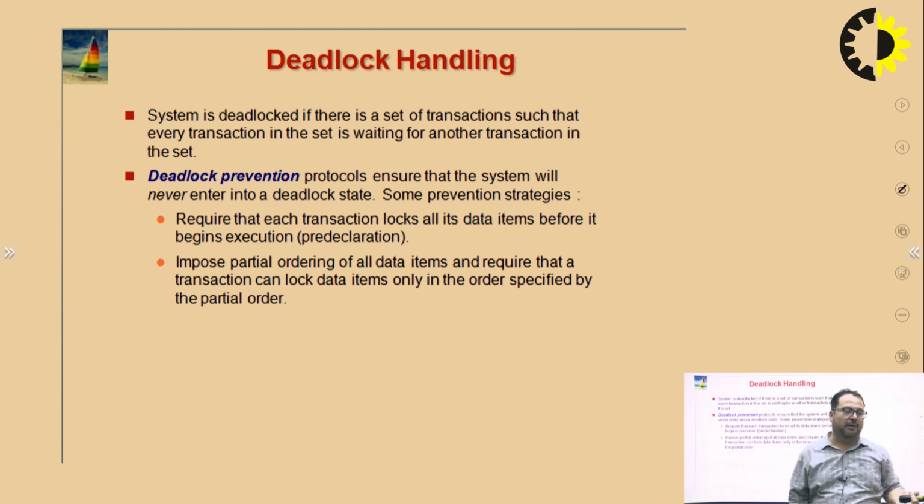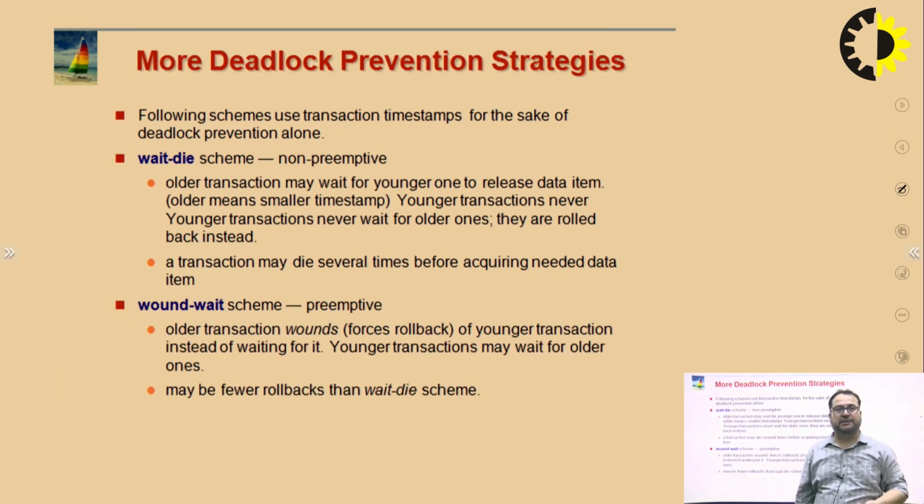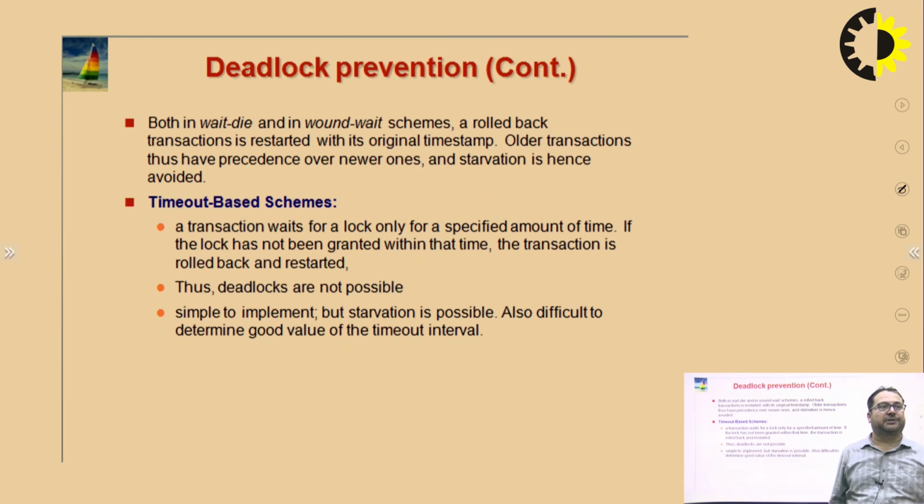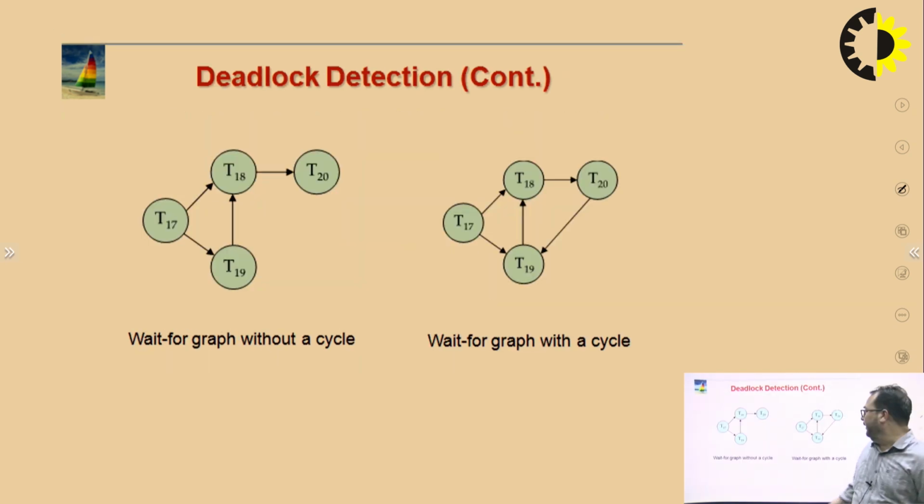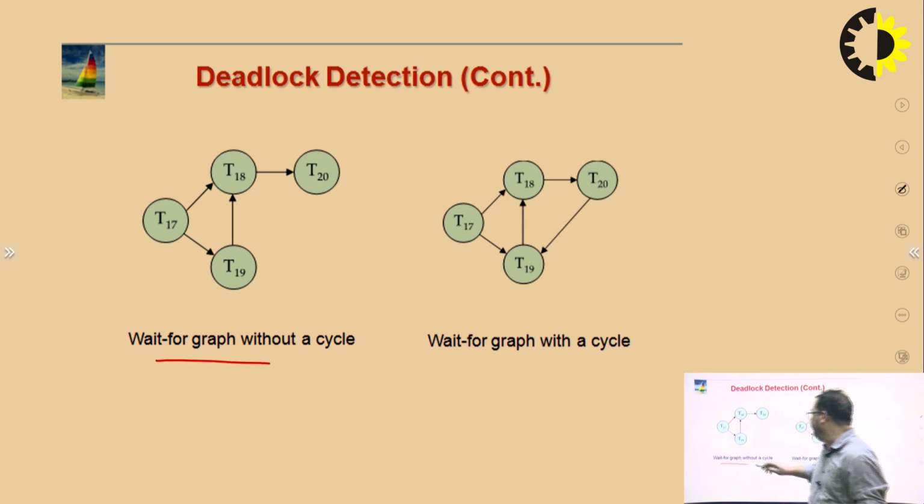We have deadlock prevention and deadlock avoidance. By using deadlock prevention or deadlock avoidance, we may obtain deadlock-free transactions. We also use the wait-for graph. If there is no cycle in the wait-for graph,